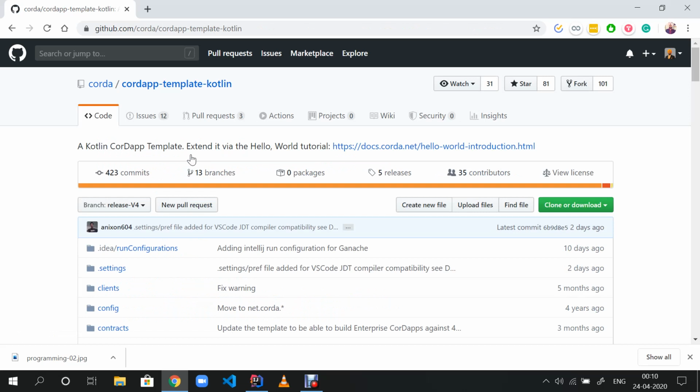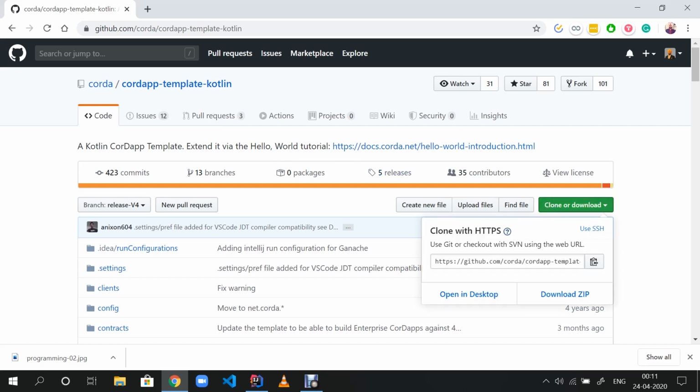What this is, actually, Coda has given us some boilerplate solutions for certain scenarios. There are a lot of Coda samples which you can use to kickstart the development of your required Coda app. This is a basic Coda app template, and it will be helpful in the lectures to give you an overview of how Coda is utilized or how to develop on Coda. Please mark that Coda is available in two languages only, Java and Kotlin. So I am going to teach how to develop Coda apps in Kotlin. So I'll just copy this.